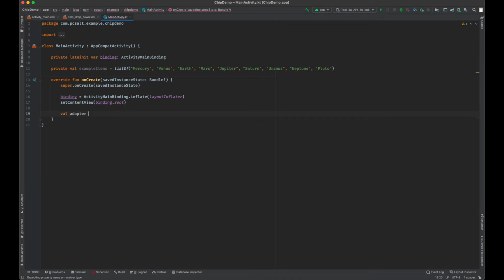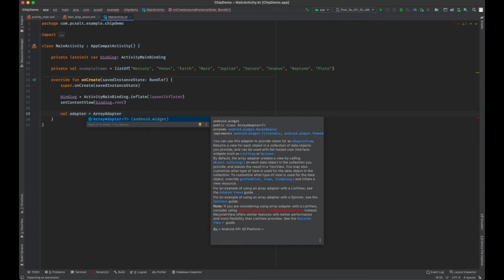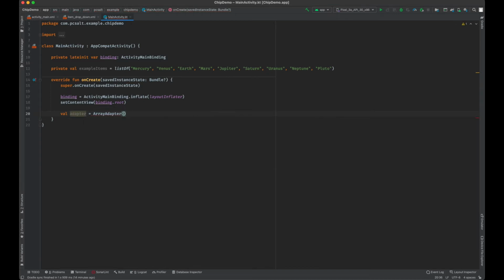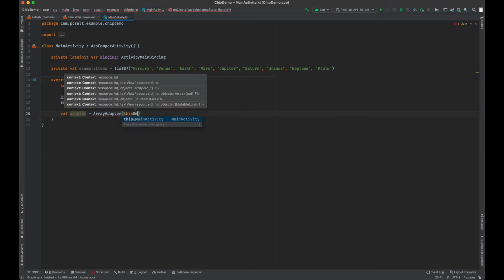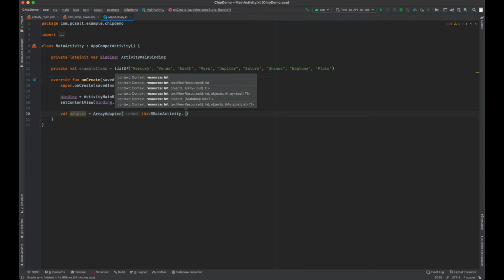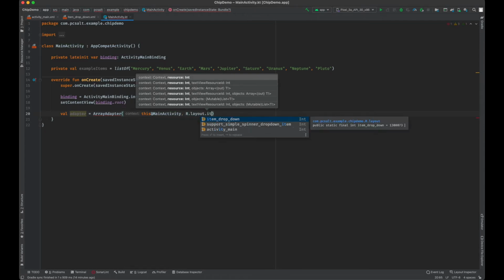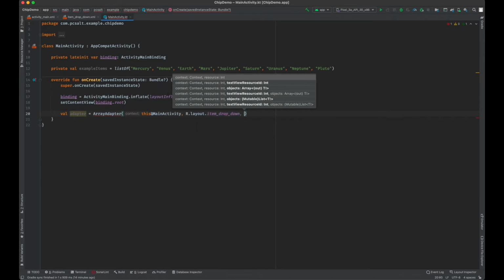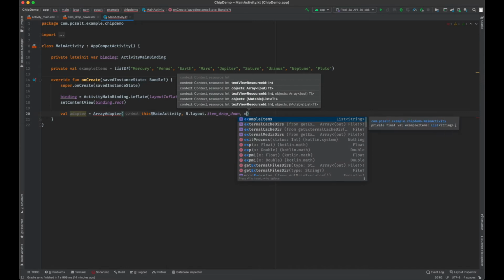Now let's create an adapter, so that we will be displaying the list of these items, this planet list, inside the adapter. And this array adapter will accept three parameters: context, the main activity context, and the resource, which will be the layout file we just created, item drop down, and the list of items. So it will be the planet names.